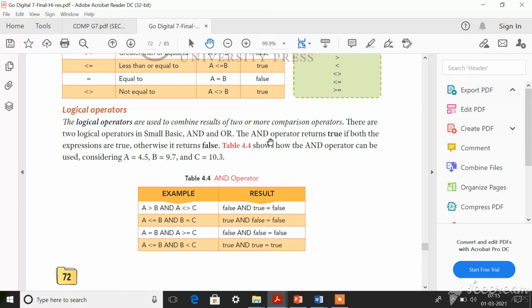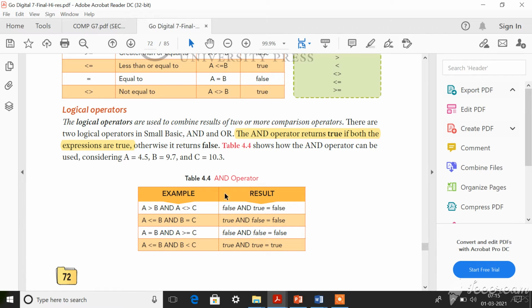Okay, so now AND operator will return true if both the expressions are true. Take pencil and underline this, dear children. The AND operator returns true if both the expressions are true. Okay, so otherwise it returns false. If both the expression, look, A greater than B is false, A is not equal to C is true. Now when these two results are compared, one result is false.